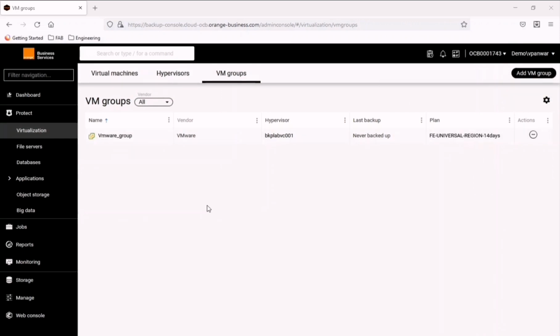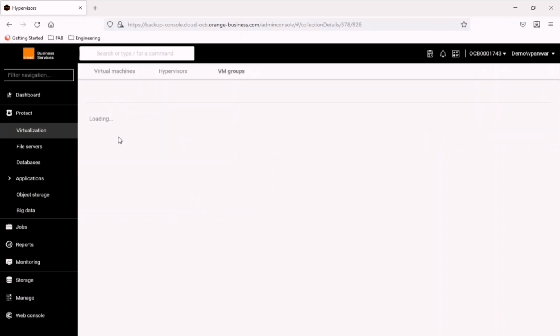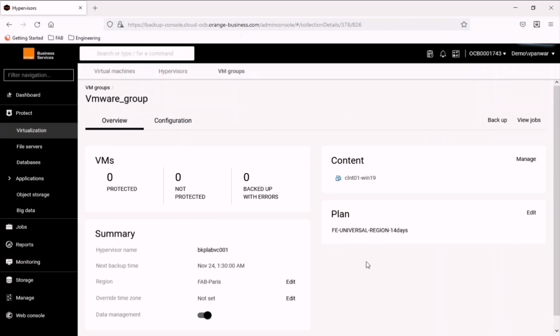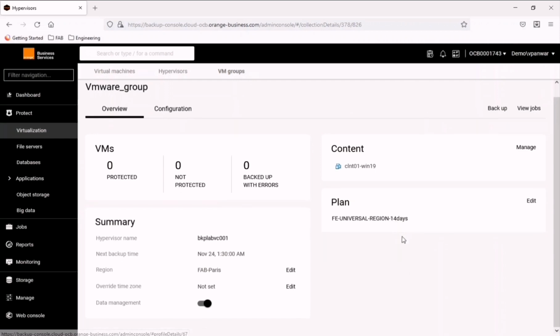Once the group is saved, you can see the group is listed under the VM groups tab. Now you can also open the group and see its configuration. So you can see we have selected a single client for backup.